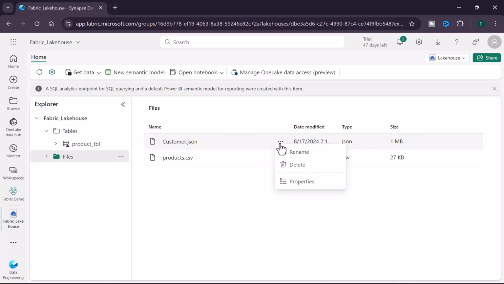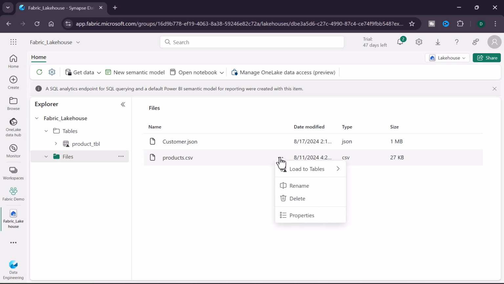Click on the three dots. So as you can see, we don't have the option load to tables as we have with this product.csv file type. So this is where another method comes into the picture. The method is called Dataflow Gen 2. So we'll create Dataflow Gen 2, and with the help of Dataflow Gen 2, we'll ingest this file into the